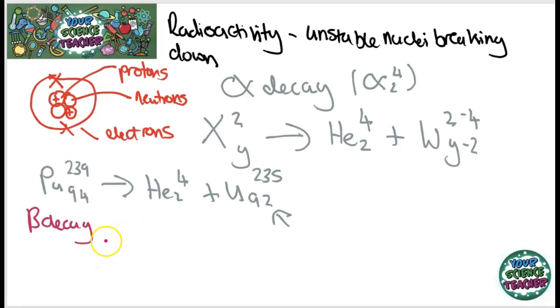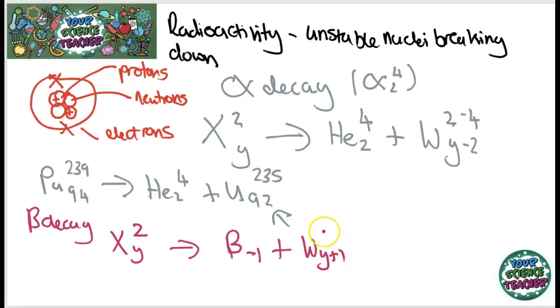We'll look at a general equation first, using the same kind of format as above. We'll use our element X, which has the atomic number Y and atomic mass of Z, and that's going to release a beta particle, which doesn't have atomic mass, but it does have a -1 atomic number, which just balances out my equation. It also releases a new element, which we will call W. The bottom number actually goes up by 1 and the atomic mass doesn't change.